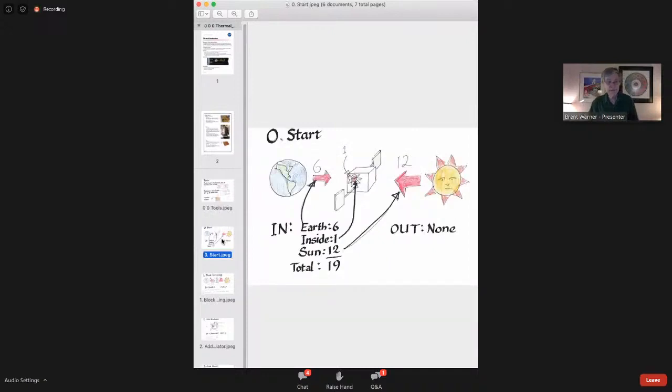We're restating the problem here. Here's our little satellite with its little solar panels. It's got something turned on inside, which is hot, 1 light bulb's worth. The sun here is giving it 12 light bulbs worth of heat. The Earth is giving it 6. So a total of 19 light bulbs worth of heat coming in. How much is going out? None. Well, it's going to heat up pretty quick because there's a lot of heat coming in and none going